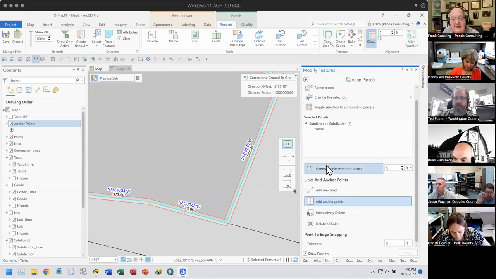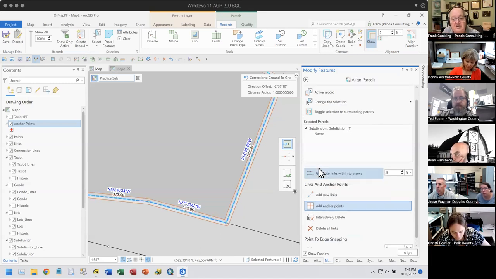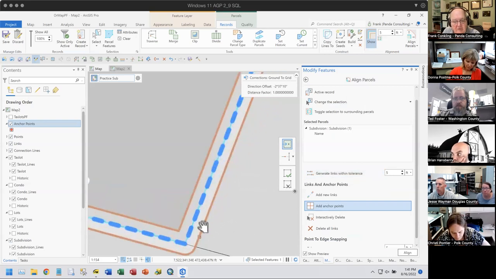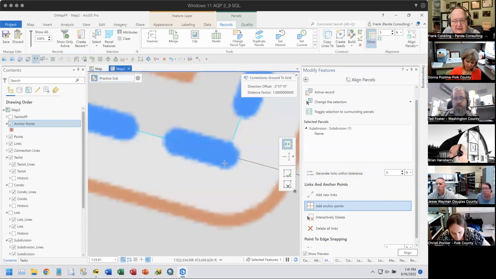Now that you've done that, you've got your anchor here and you've got your tolerances so they match one another. Now you can tell it to go ahead and generate the linkages between there. And when we go in here to see if there are any linkages,